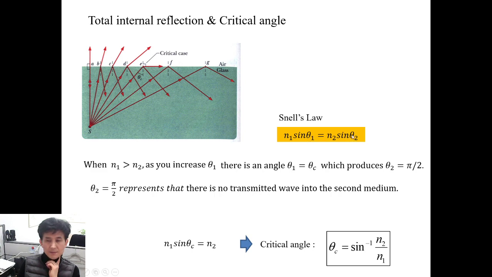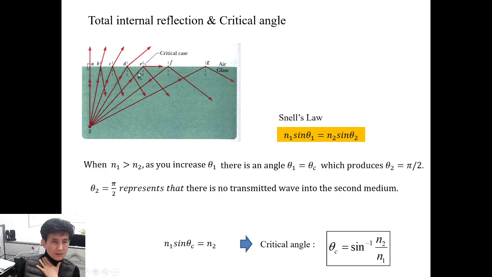That means if theta 2 becomes pi over 2 based on this Snell's law, theta 2 means the angle with respect to the surface normal to the propagation direction. So when theta 2 becomes pi over 2 or 90 degrees,